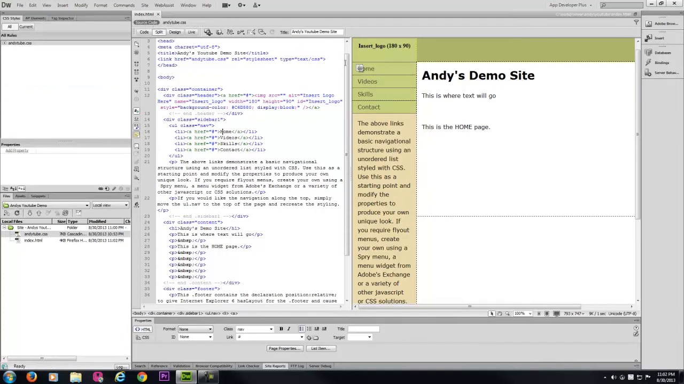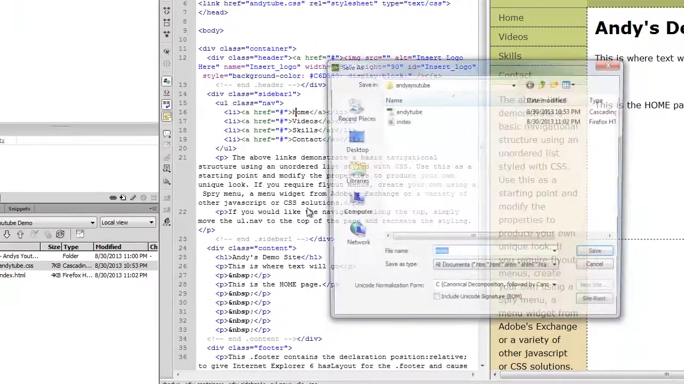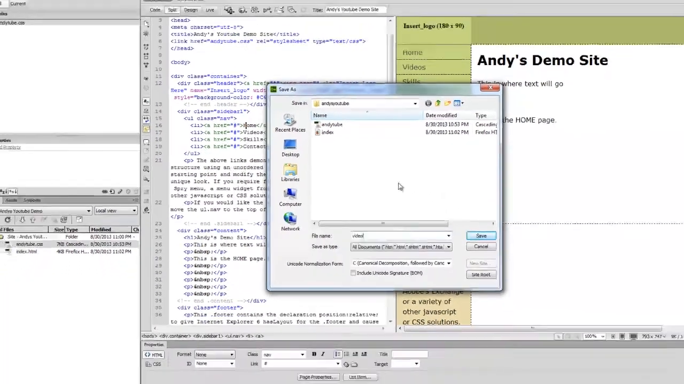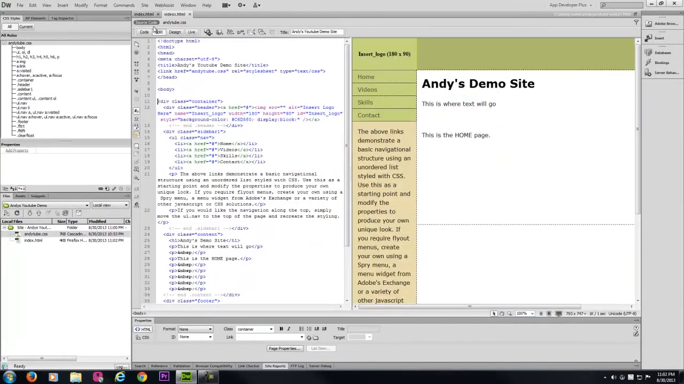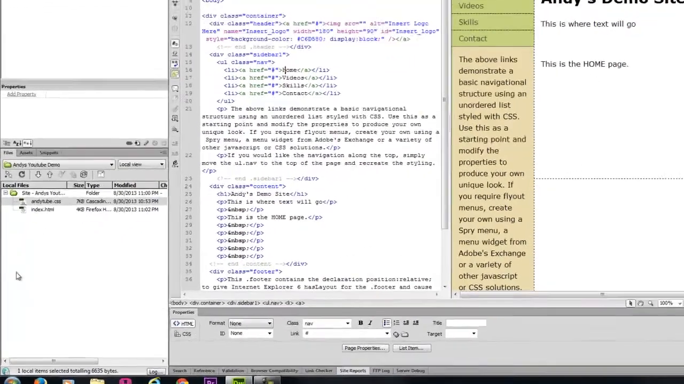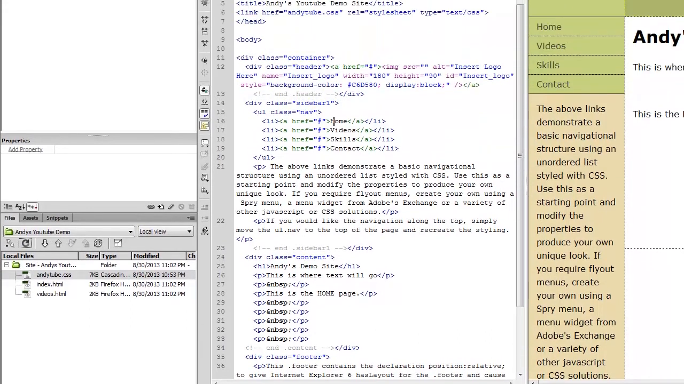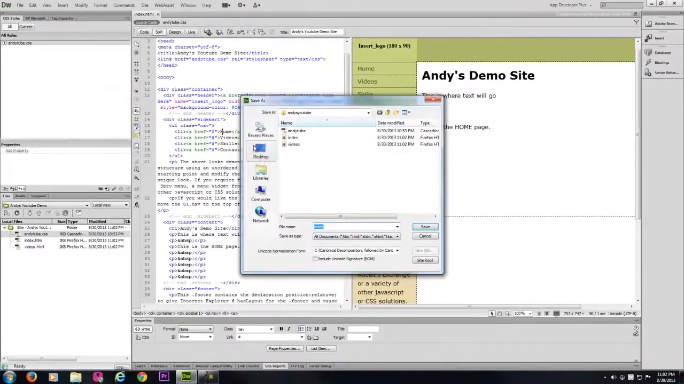I have index.html. I'm going to File, Save As, videos. Now it made videos.html. I'm going to close it. If I refresh my file list over here, I see videos.html. I'm going to go ahead and save this as